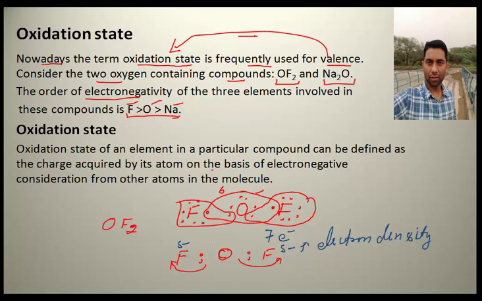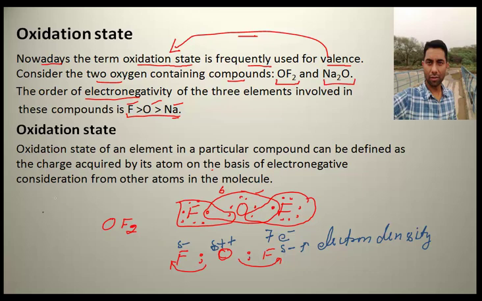Okay, and now if we relate, what charge should appear on oxygen? Because 2 electrons have shifted away from oxygen, it will have delta 2 positive charge. Delta positive charge. This is delta. Delta means very minute change. Are you getting this? Okay, so can we relate that fluorine will have oxidation? This will be the charge that has appeared now. So this charge will be called the oxidation number.